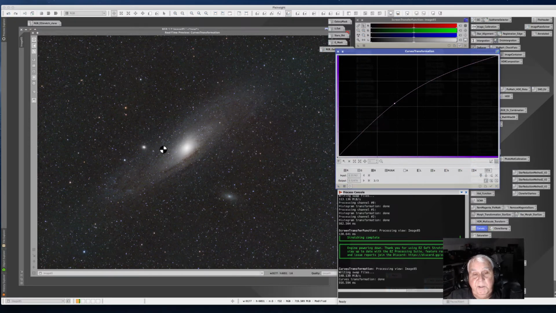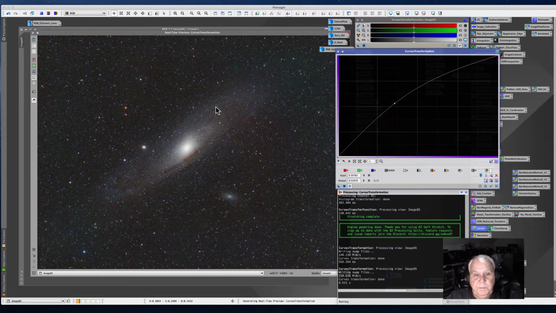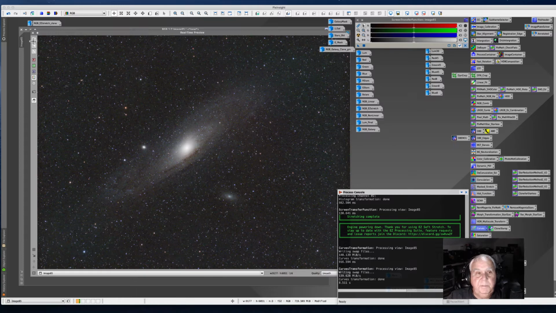It is amazing to me how much of this galaxy has been defined by an 8-second exposure. Okay, there's our colorful stars. And let's close this out,